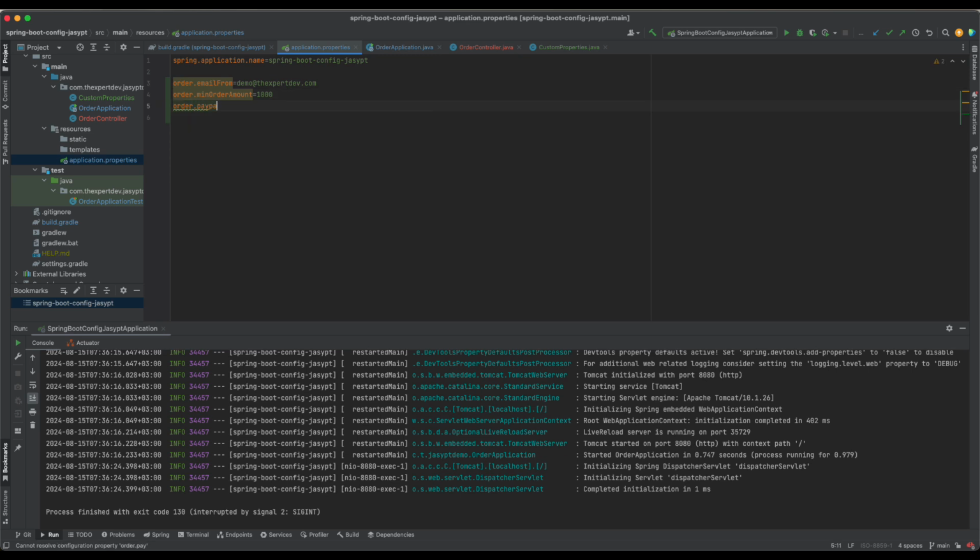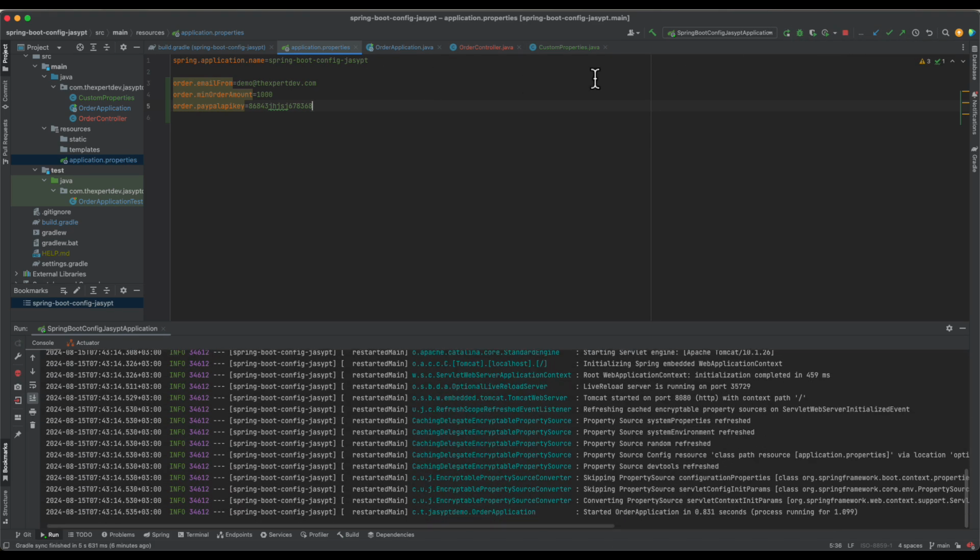Let's call it PayPal API key. So this is just an example. Ideally, before encryption, I can put a random key to be this. So this is our key, and if you notice, if I run our project with this, okay, before we run it,